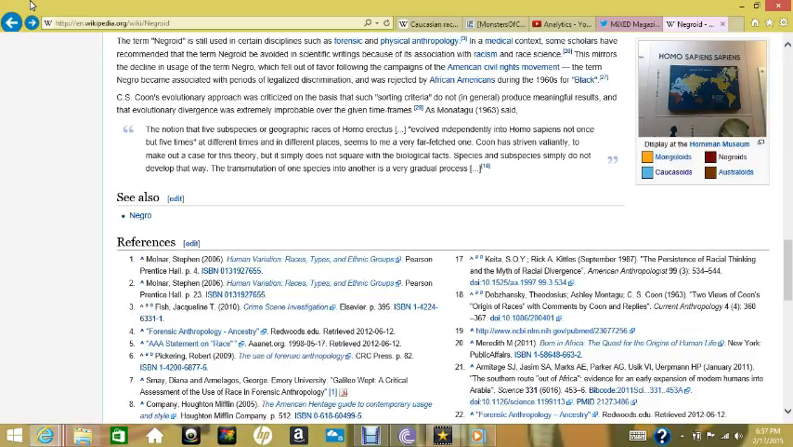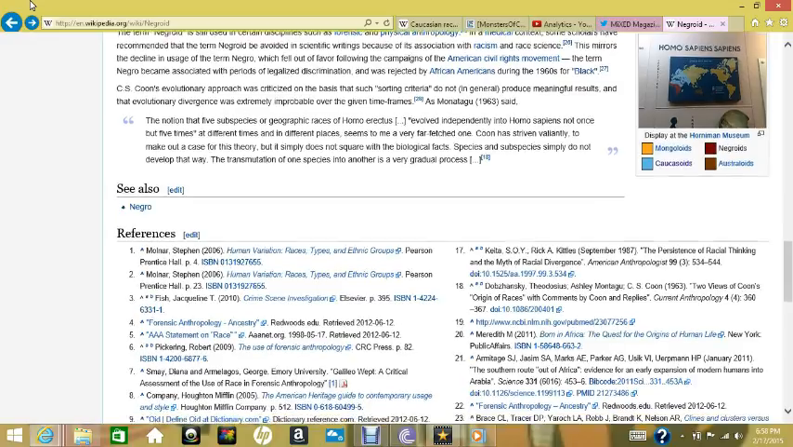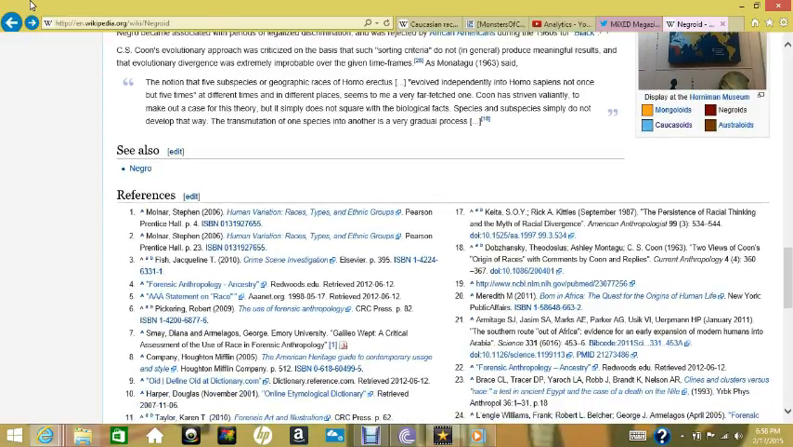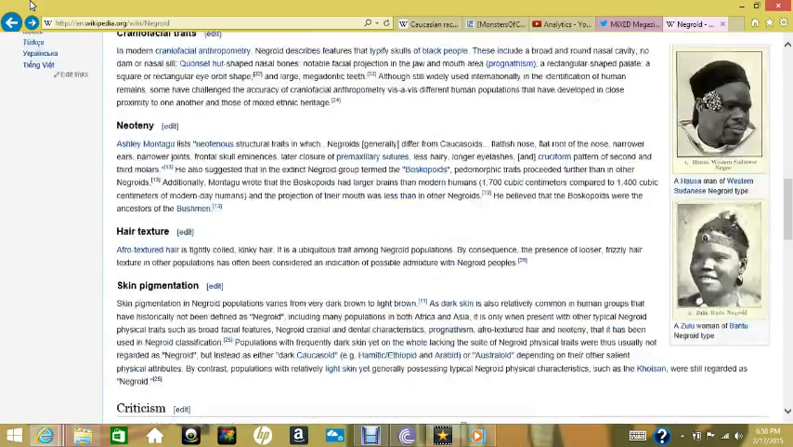This is declared in the age of the term Negro, which is falling out of favor following the campaign of the American Civil Rights Movement. The term Negro became associated with the period of legalized discrimination and was rejected by African Americans during the 1960s for black. When they talk about black Americans, there are black people already out here. For some reason, I'm gonna say this: